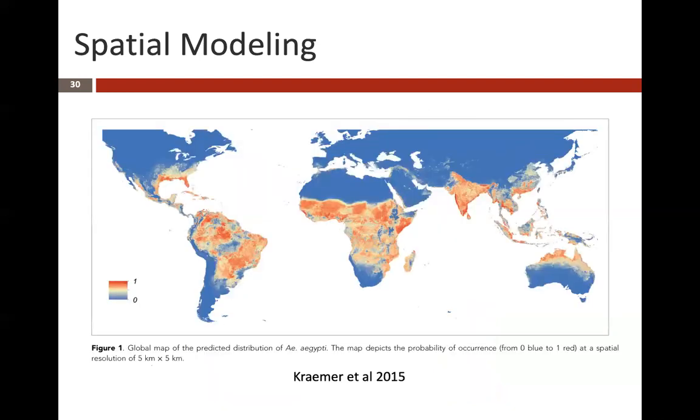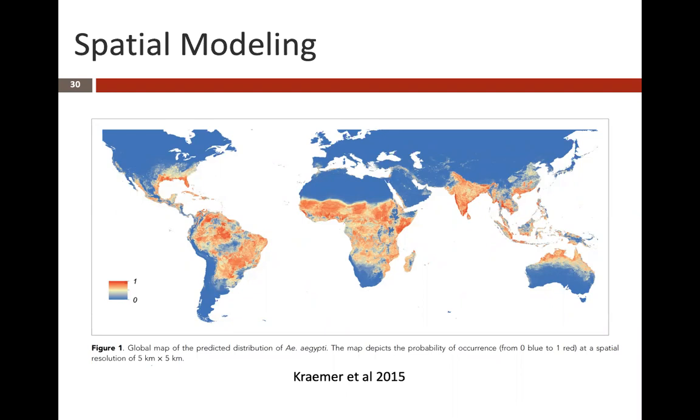So here are just a few examples of some of those types of maps that are generated. This is an example from Kramer et al. 2015 that shows a global map of Aedes aegypti distribution, where the red areas indicate the highest probability of occurrence and the blue areas indicate the lowest probability of occurrence. This was an analysis based on boosted regression trees. They used Aedes aegypti data from various databases. They got data layers like WorldClim and other predictors, and then built the boosted regression tree